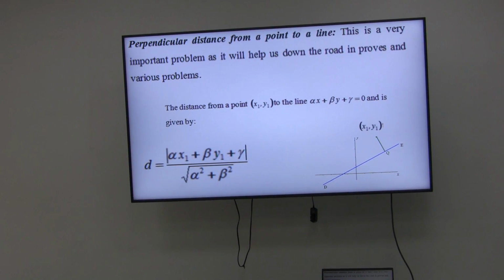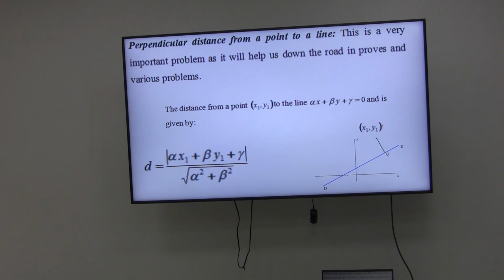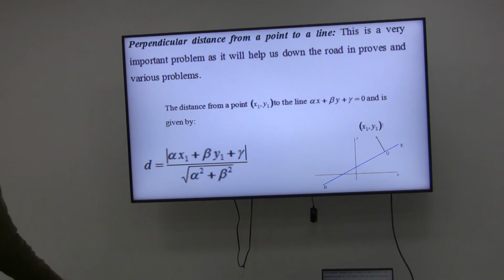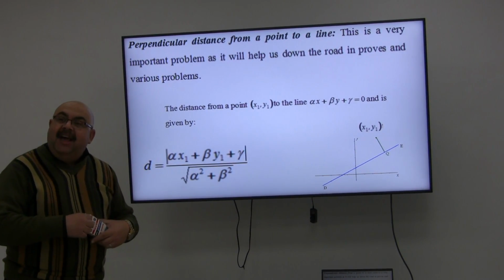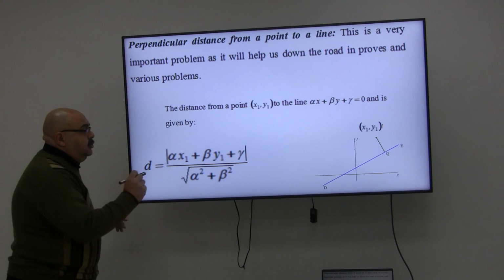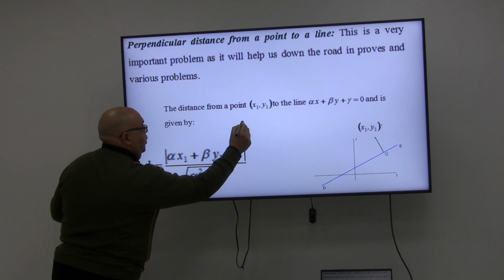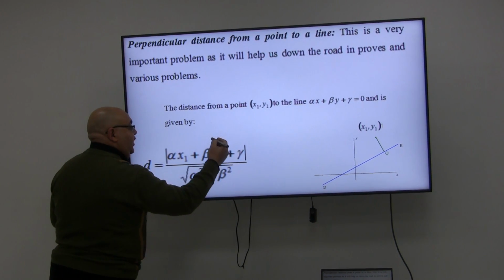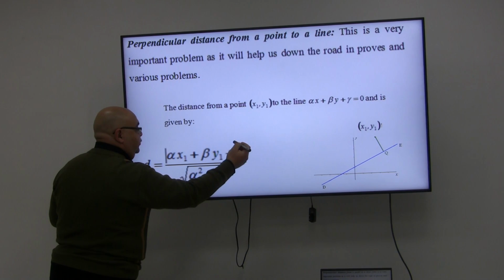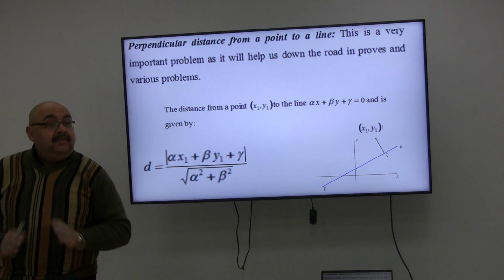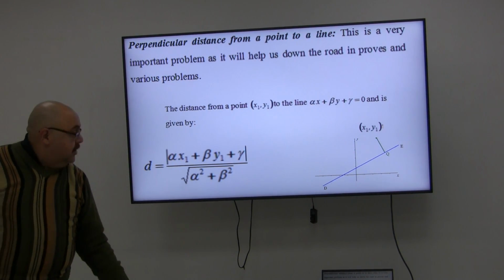Once more, okay, once more. If I want to get the perpendicular distance between a straight line and the point, all I have to do, boss, is to get the equation of the straight line on the numerator, divided by the square root of the value in front of x to the power of 2 plus the value in front of y to the power of 2, and replace x and y by the coordinates of the point. It's going to be